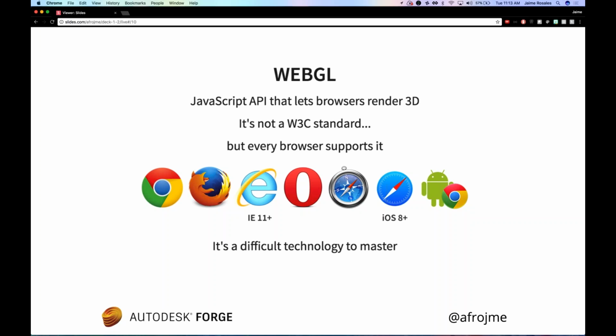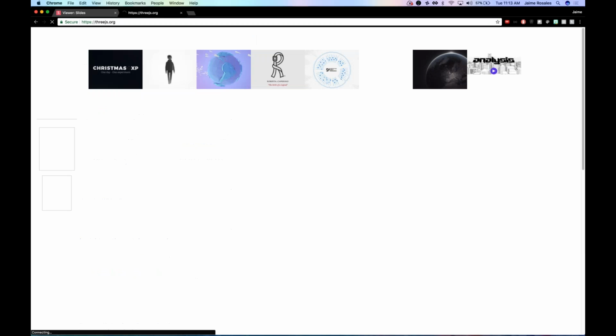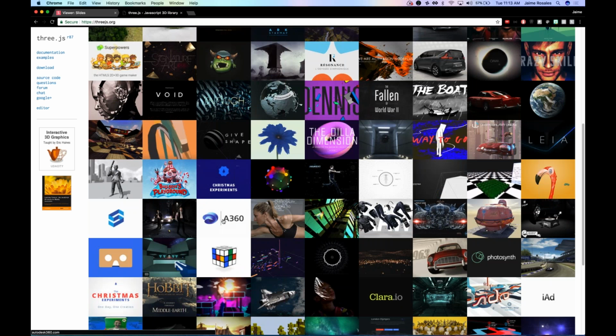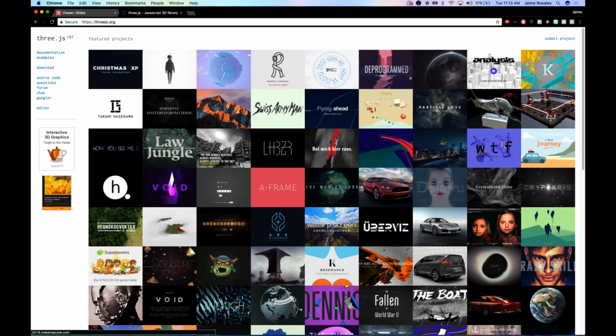They do support it, Edge as well. And then the other thing also is that we have another library. It's called 3JS. So if you're not familiar with 3JS, you can take a look at 3js.org, and you're going to see different examples of the use of 3D on the web. One of them actually, it's A360, which is using the same viewer technology that Forge is using. So it's kind of like one of the future projects that it's using this 3JS